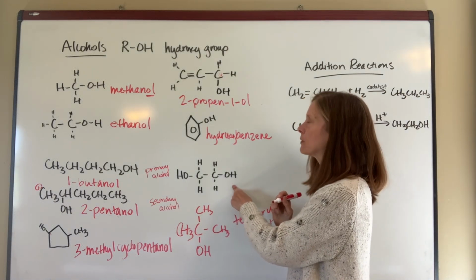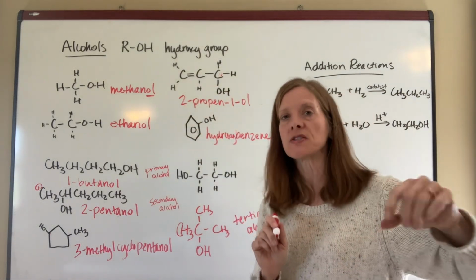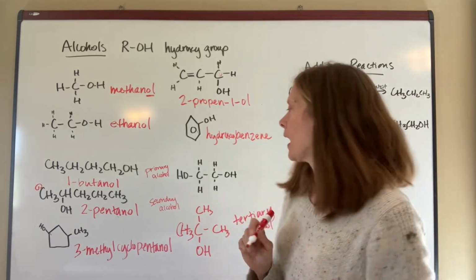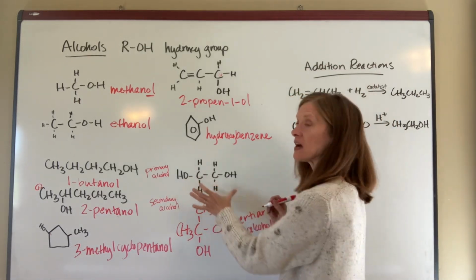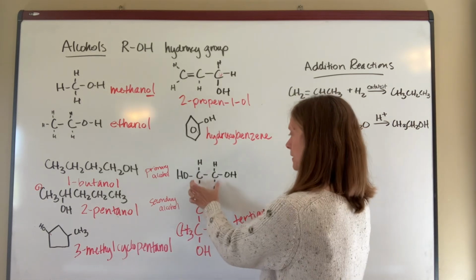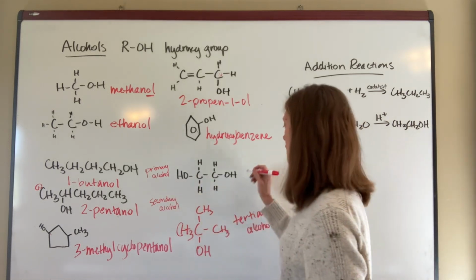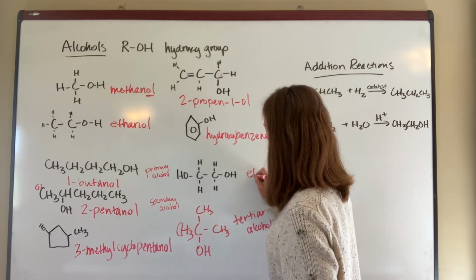Okay, it's also possible to have 2 alcohol groups on something. And so just like if I had 2 multiple bonds, I would call it a diene. Here, this is going to be a diol. So my base is an ethane. So this is going to be,